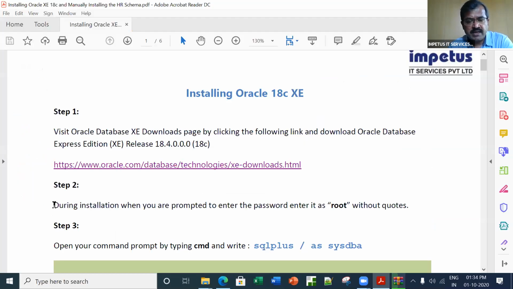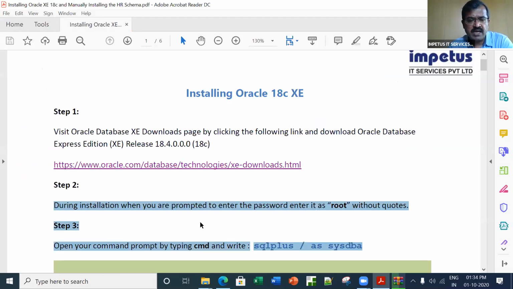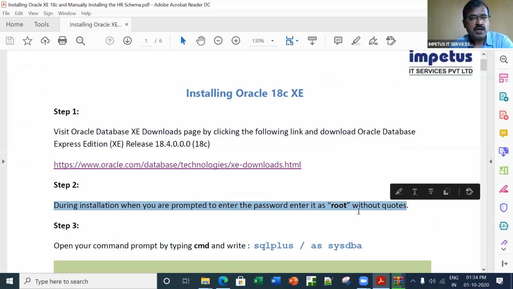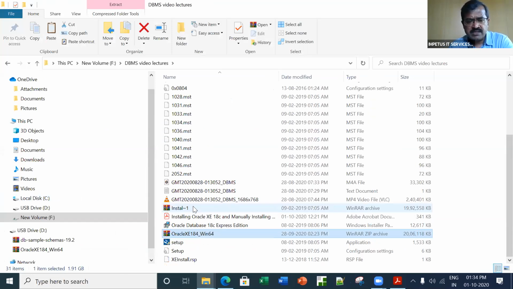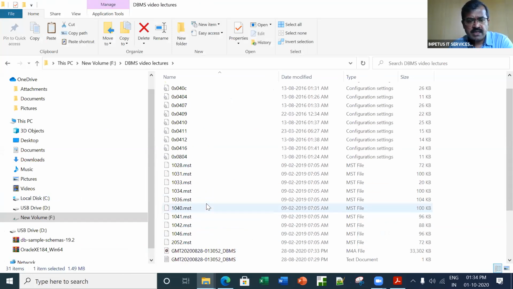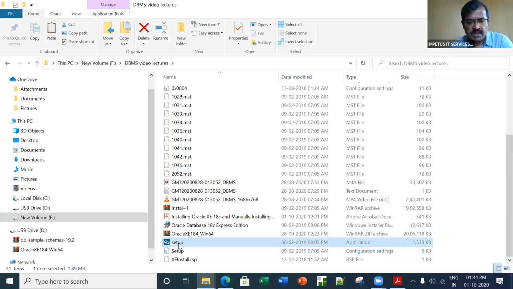Here I directly said, go ahead with the installation. I should rather have given a step over here that once you unzip, you can click on the setup file and then proceed. I forgot to write that. I'll add one more step in this note. Now, once I unzip this file, you can see the software over here. You can see the setup file that is now being created. So let's click on this setup file, which will immediately start off the installation for us.